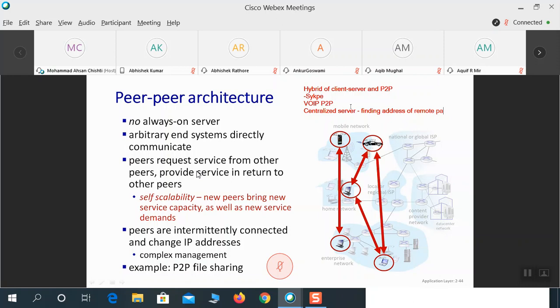This is your phone and this is the Skype server, and then this is the laptop also connecting to the server. You get connected. Next you have phone connected to the laptop directly. And the hybrid here helped you in having both of these, first client server and then peer-to-peer. This is the best example that we can have. That's instant messaging and so on. I hope this is clear, the hybrid one.